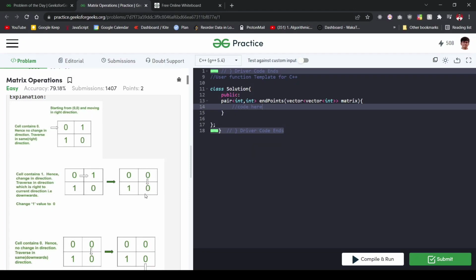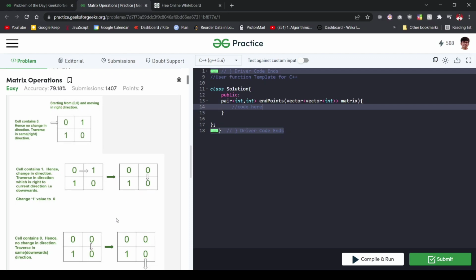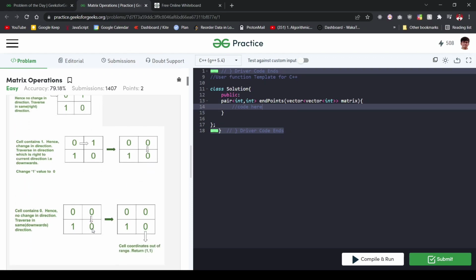And then we encounter a 0 here, but according to the condition, if you encounter a 0, we keep moving in the same direction. And after we keep moving in the same direction, we observe that there are no further cells present in our matrix, and that's why we terminate the operation and return this particular last cell as our